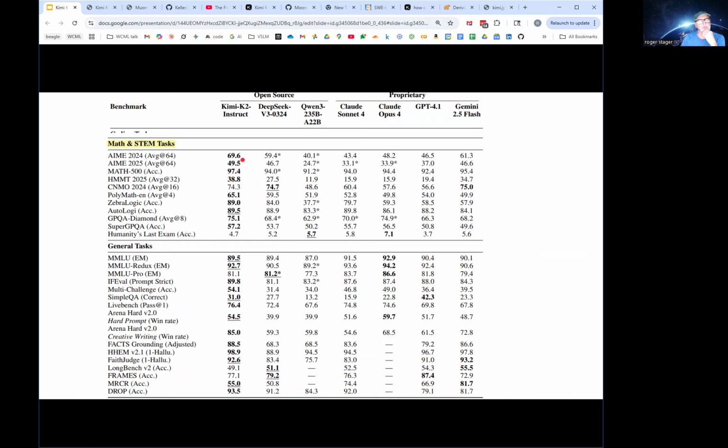Here's a place where they do well. So math and STEM, maybe this is related to the fact that the math RL training they were able to have well-founded RL feedback. They knew what the ground truth was, and easy to measure. Here they're mostly state of the art against all models. So that's kind of impressive. And again, strong leadership position in the open source space, still lagging a little bit behind some of the proprietary models.